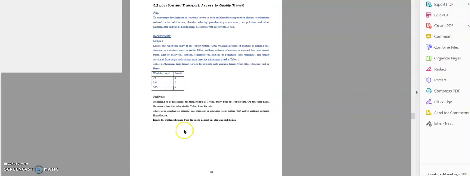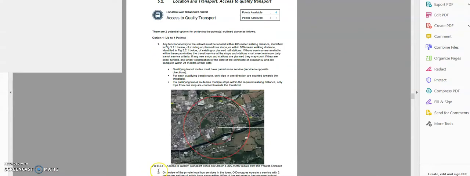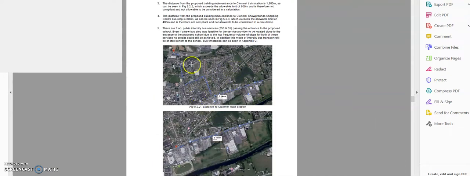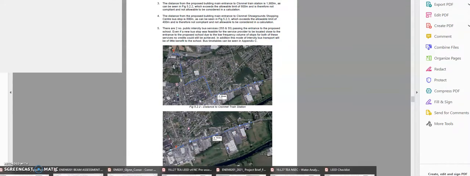The location and access to quality transit, again, is done in exactly the same way as the HPI. You need to go onto Google Maps and calculate the distances to the different amenities, or to the different public transport stops. There is, I suppose, the added bit here where you need to look at